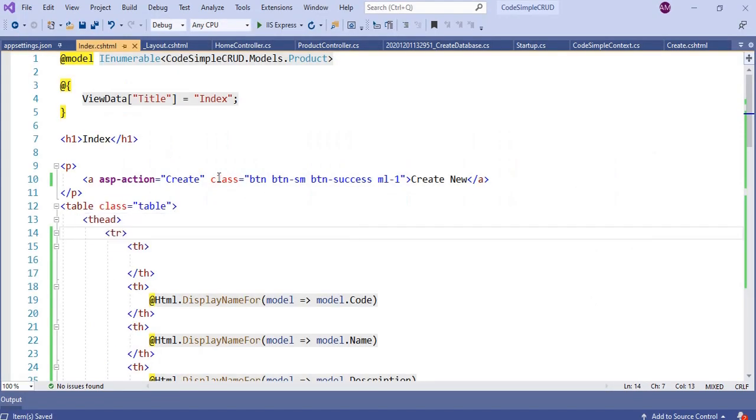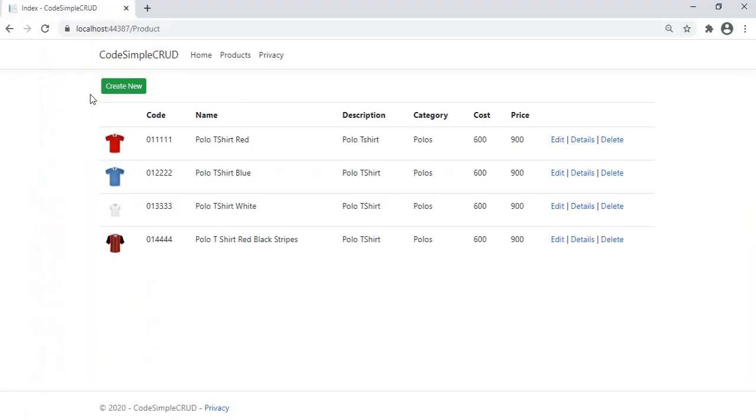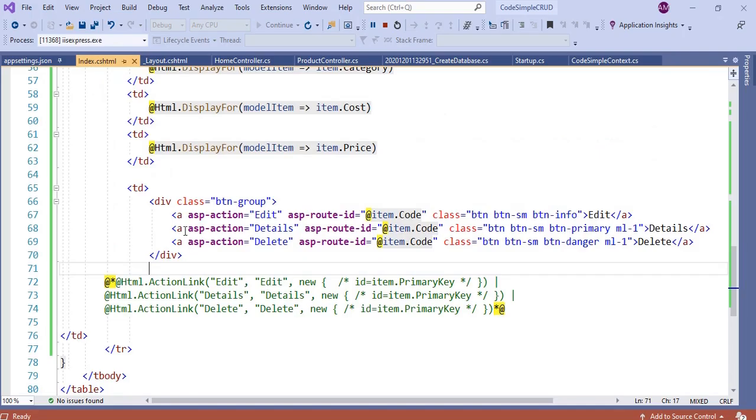Now let's beautify the create new link tag by adding the bootstrap class btn-success. Then delete the index h1 tag. Now the page is looking neat and good. Let's beautify the edit, details and delete links also by adding the bootstrap classes.